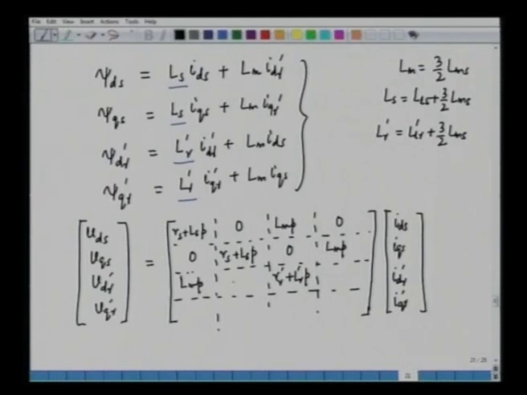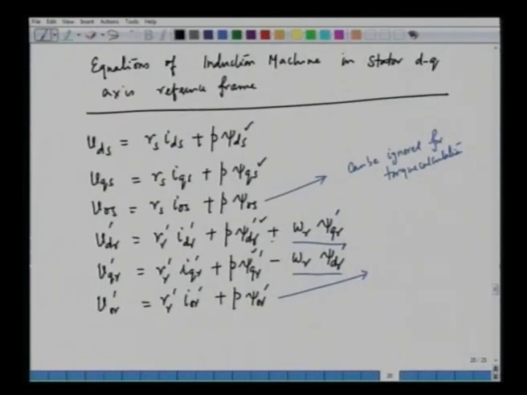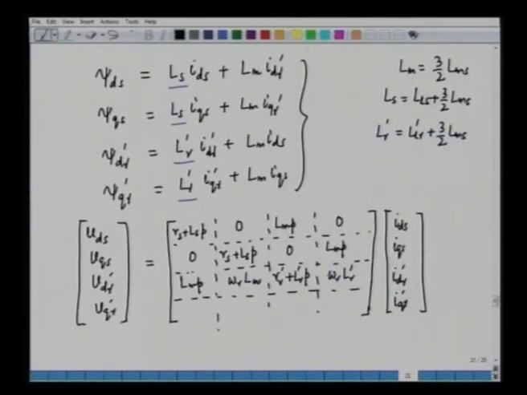Then we have to write down the elements corresponding to the rotationally induced EMF. So, this is in the d axis. We have omega r here into Lm, omega r here into Lr prime. There is a q axis one coming into picture here. As per our previous equation, this is positive, so we have this positive sign here. Then here also we have plus sign in this case,